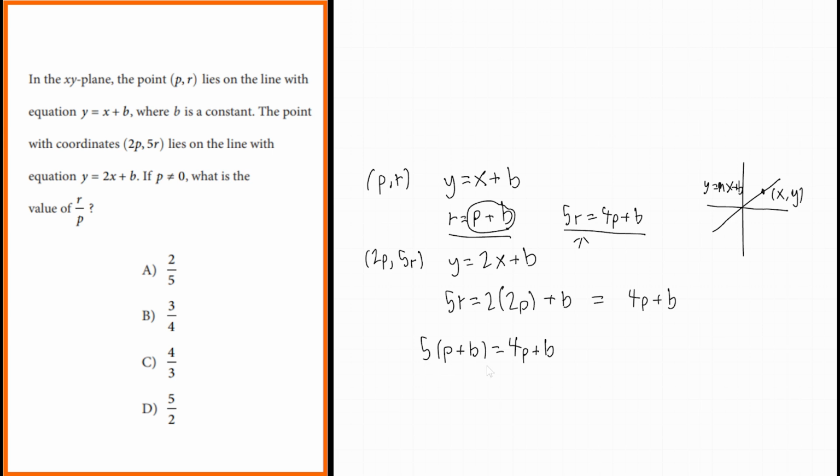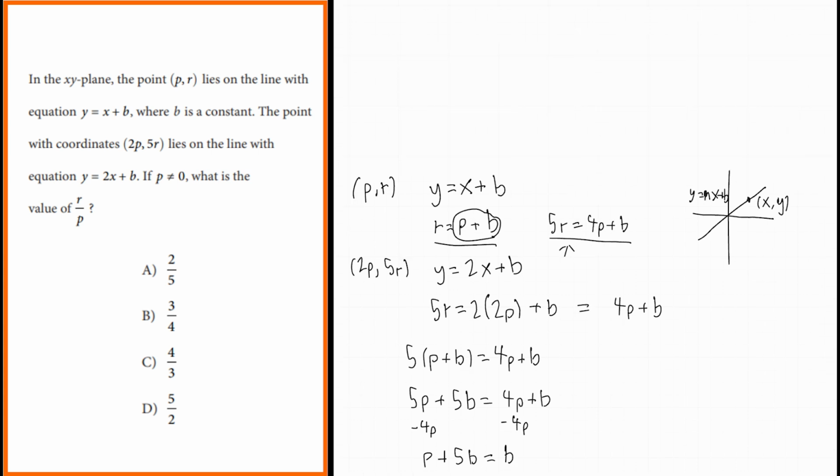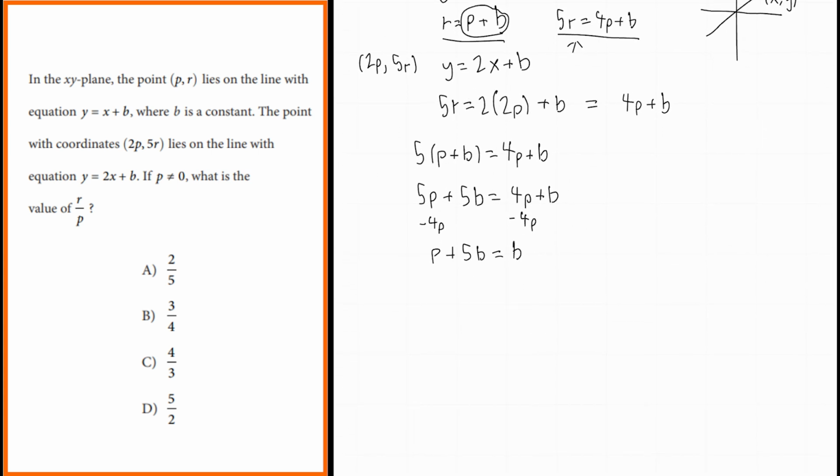And we multiply out these parentheses, we get 5p plus 5b equals 4p plus b. We can subtract 4p from both sides, and that will give us p plus 5b equals b. Subtract this 5b from both sides,